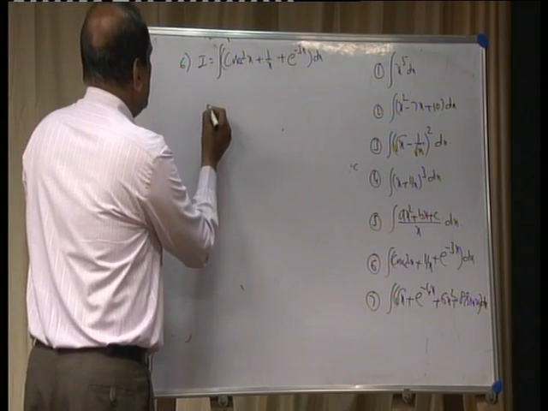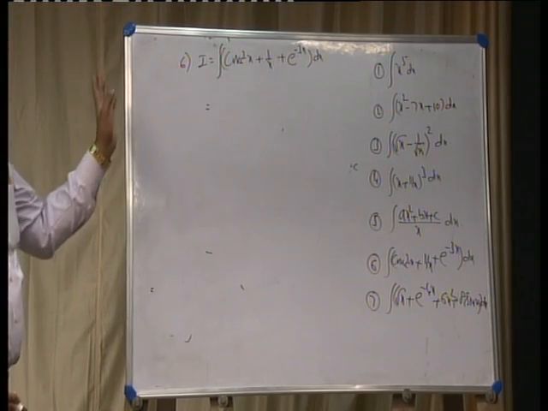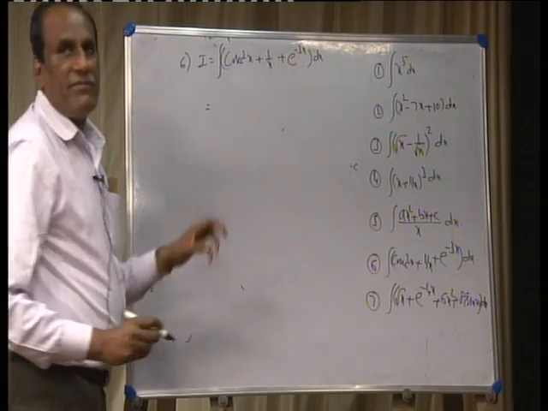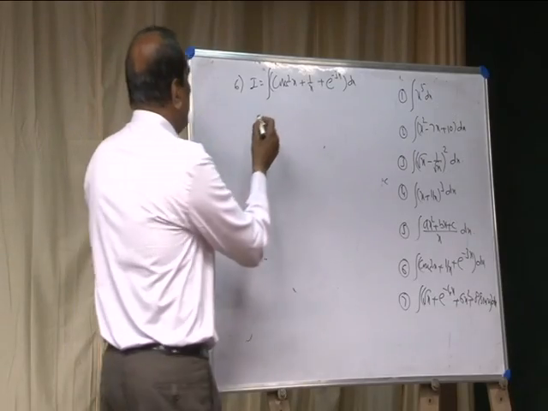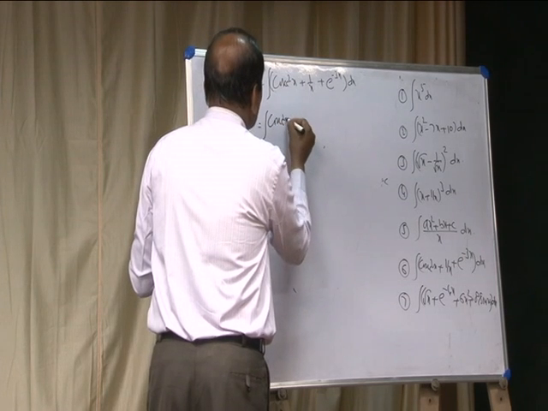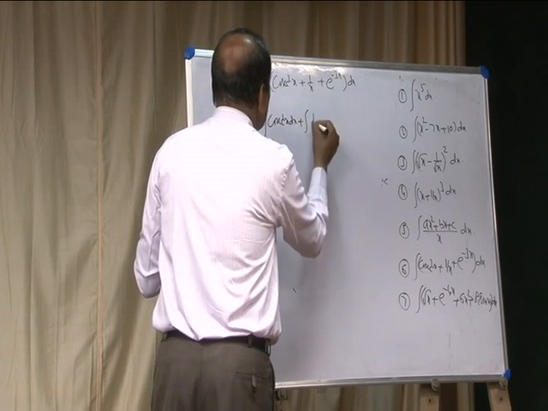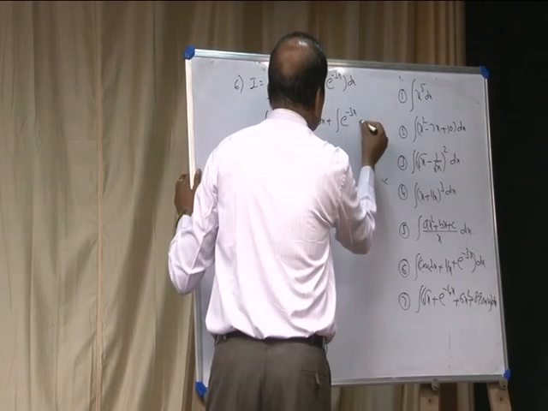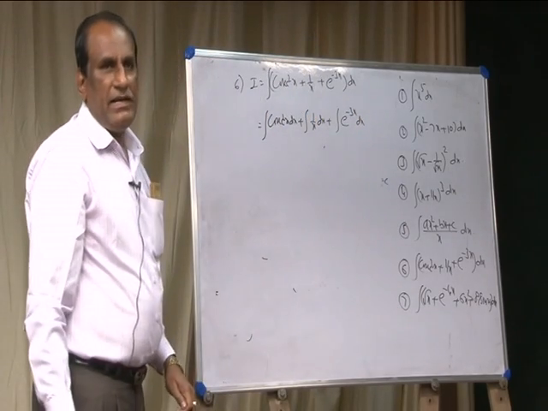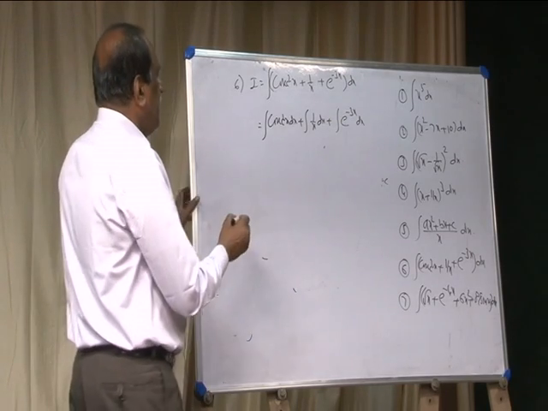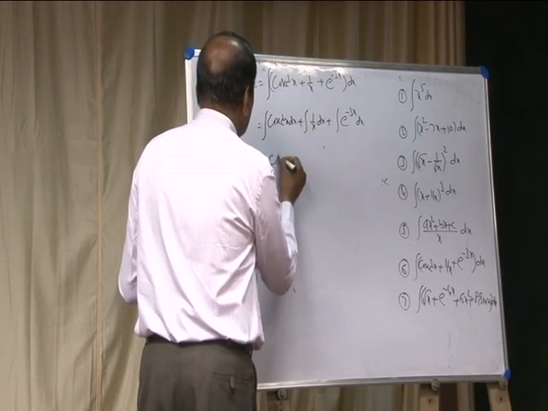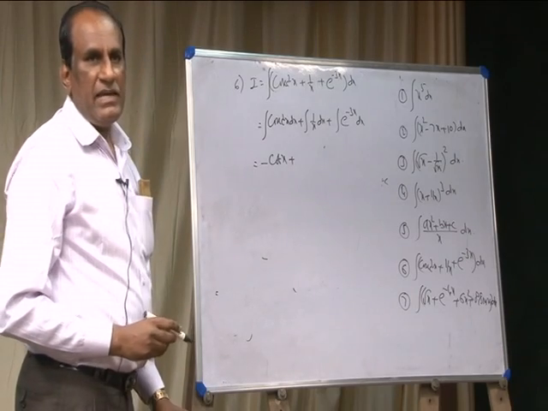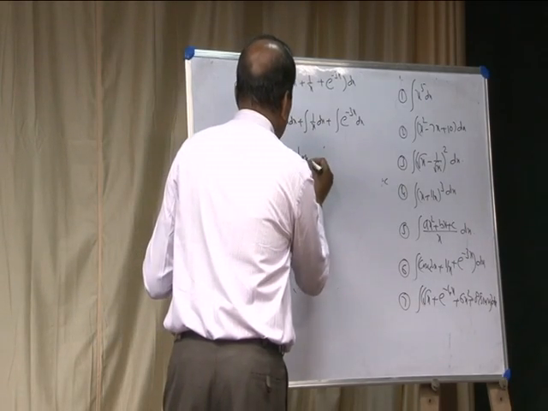See here, now the integration of cosecant square, split into 3 integrals. There are 3 terms in the integrand. Therefore, split into 3 different indefinite integrals. First one is cosecant square x dx, integration of 1 by x dx, integration of e power minus 3x dx. Now, term by term, integrate one by one. Integration of cosecant square x is minus cot x, plus integration of 1 by x dx is log x